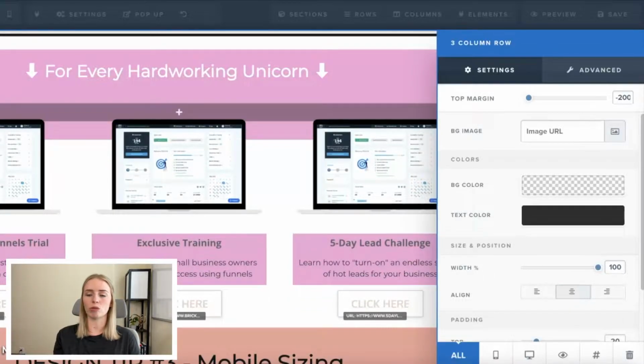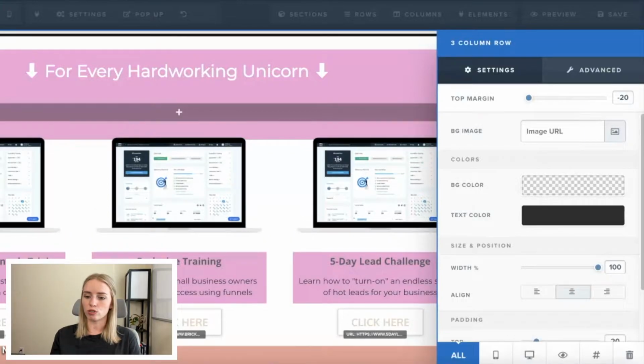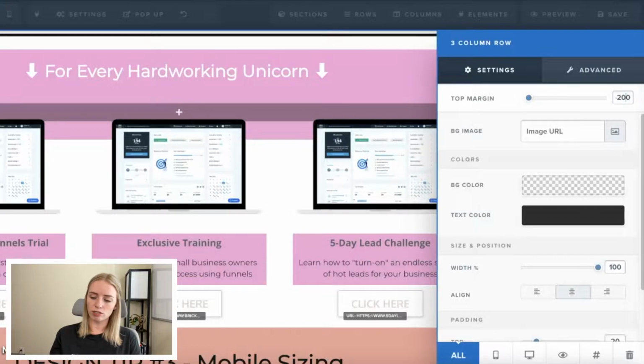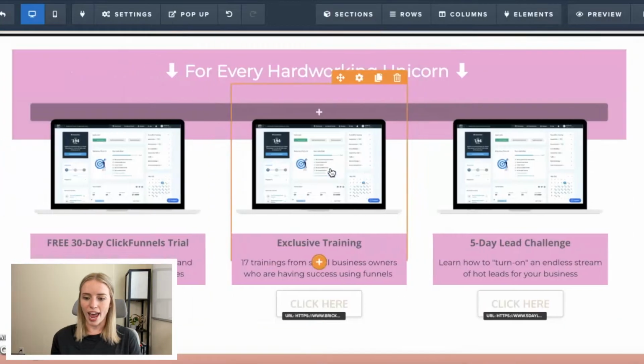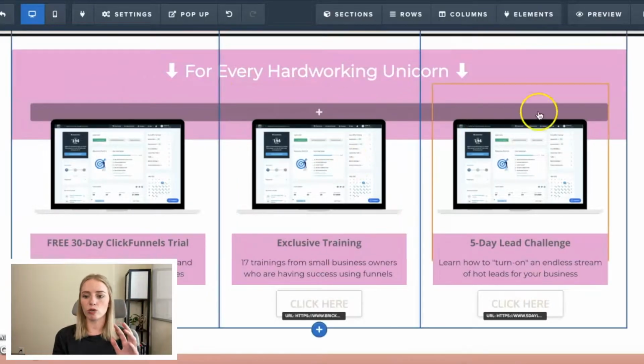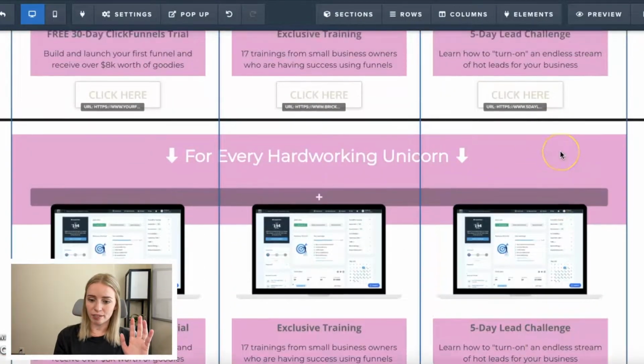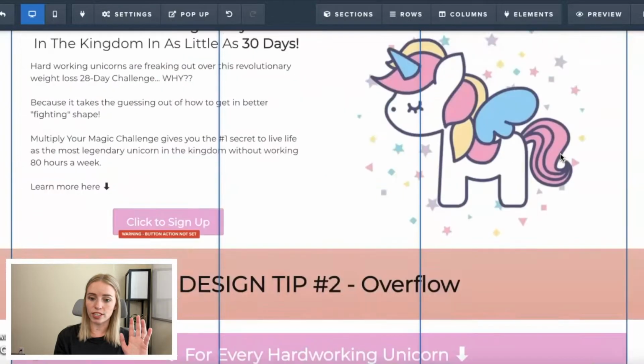Obviously you can mess with the metric. So if I do 20, it's gonna almost bring it to the bottom, but 200 for this specific one, I found is a good amount of overlay, and it just brings it up. So that's really cool. Now, what you do wanna note is you can see if I hover over this row,